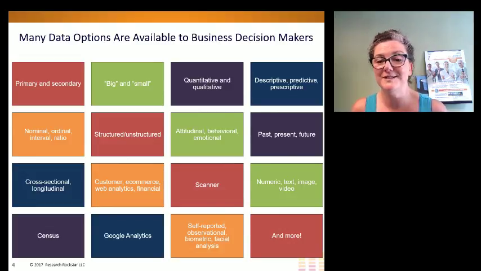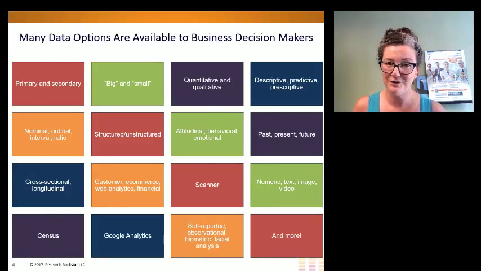They can be looking at primary or secondary data, big data or small data, structured or unstructured data. They might have access to scanner data. So there are all of these different ways of thinking about data sources and data methodologies. So if you took our little test and found yourself thinking, well, if I want to prioritize 10 features for a new product that either feels like a focus group or a survey to me, it might be a good idea to refresh and learn about some of the new methodologies that are available